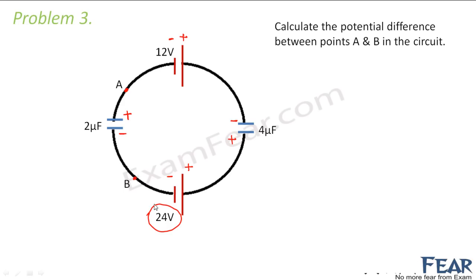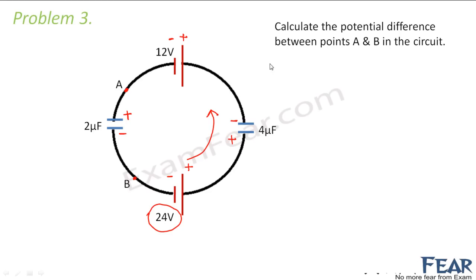Now this is my dominating source of battery, so let me assume that the flow of charge starts from here in this direction. This is what we assumed here, right? So the first steps are done. The very first thing is to identify the source of battery which is at a higher value. Then put the signs on all the plates of the capacitors, plus minus, and then assume your direction of charge flow. Once that is done, it is very easy to write down the Kirchhoff's law equation.